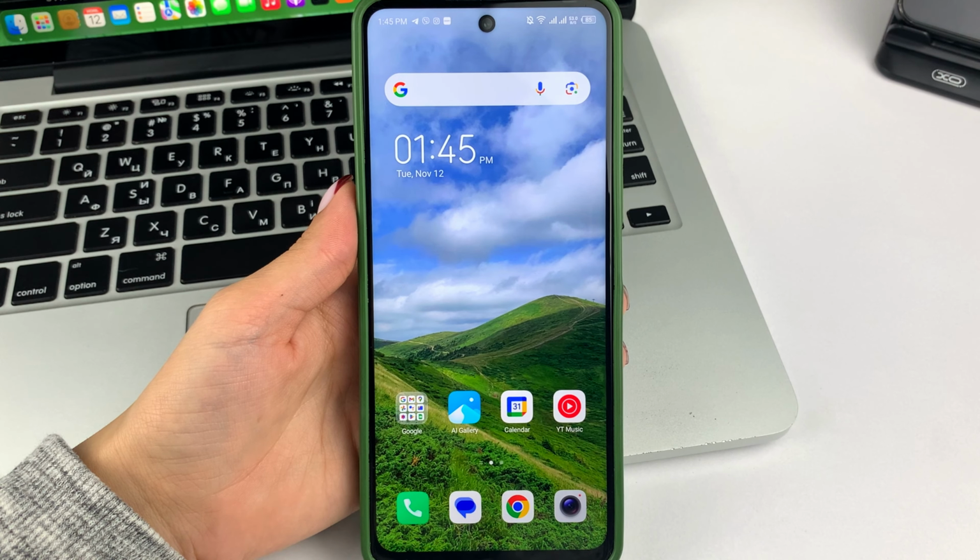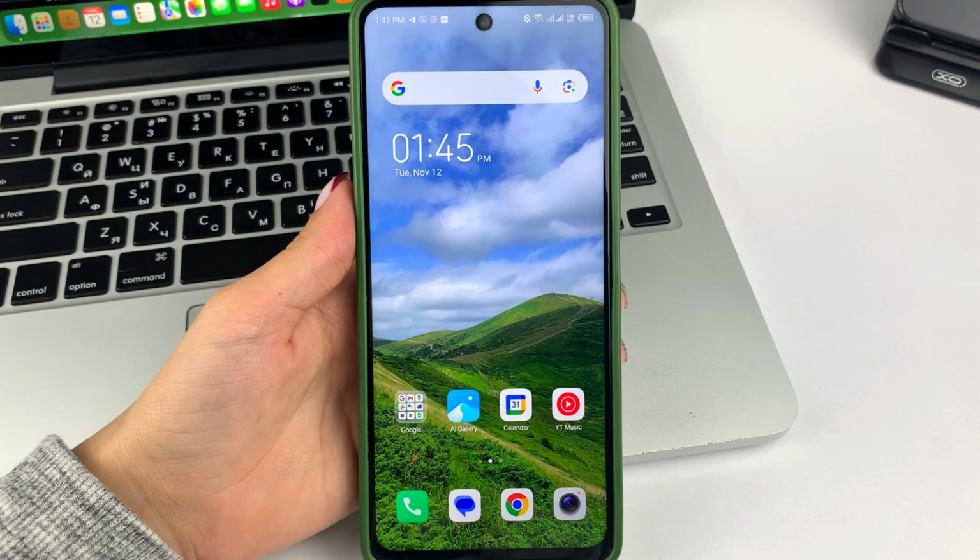In this video, I will tell you and also show you how you can easily enable Camera and Telegram app